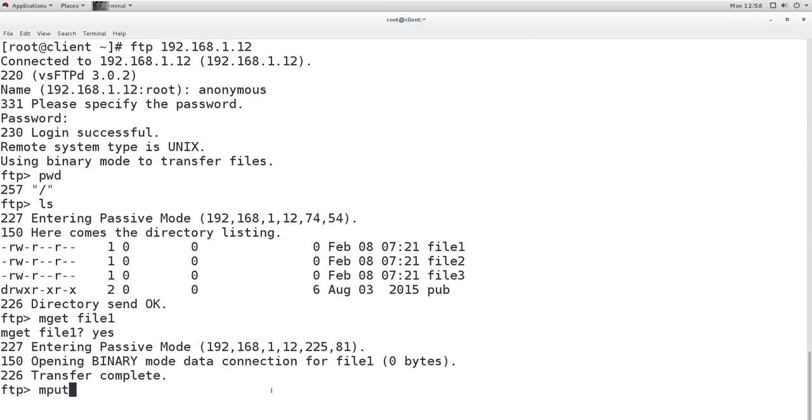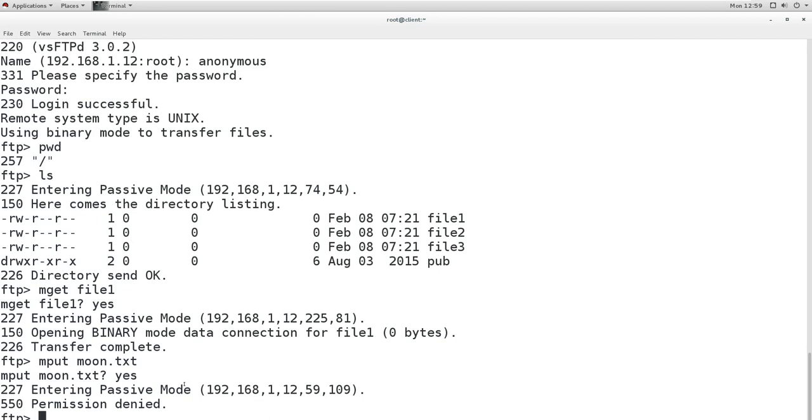For download it is get, and for upload it is put; mget, mput. So I want to upload the file moon.txt. Now I'm not mentioning any path here. Why? Because right now I'm in the same local directory. So I'm just mentioning mput and the file name. When I press enter, it says, are you sure you want to upload? I say yes.